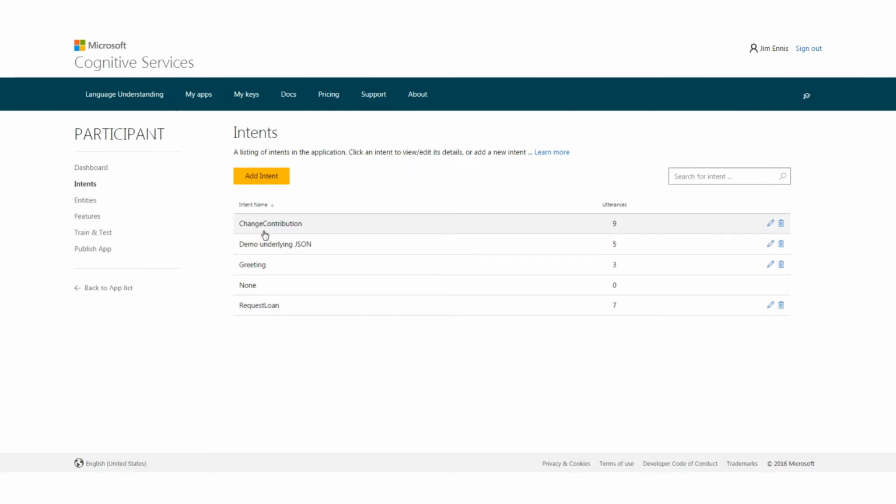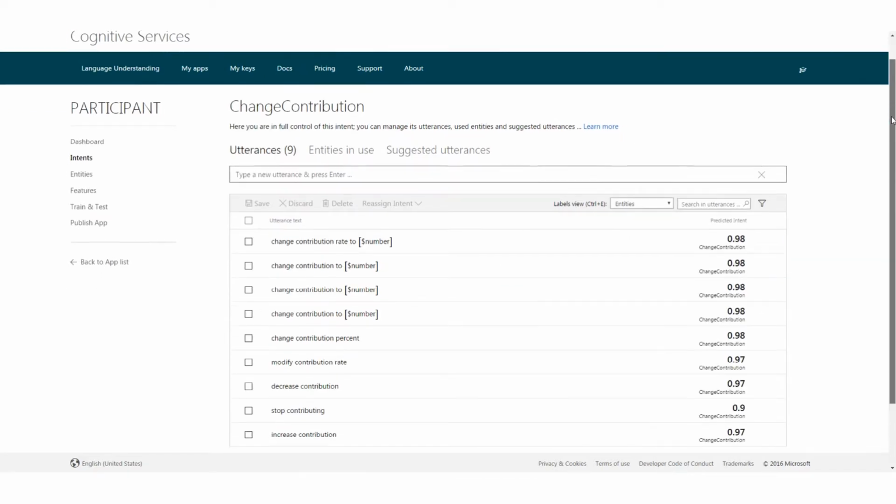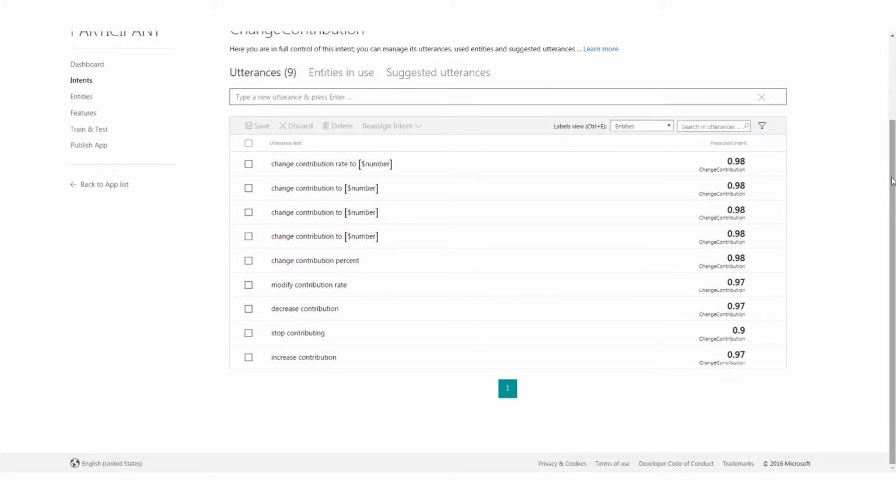You enter them in LUIS, and then you establish what they call utterances with them. So you yourself set up the synonyms. Of course, the language understanding works by itself to some degree, but you yourself can train the understanding to better handle specific synonyms. So for changing contribution rate, I entered all these utterances, as they call them. And when LUIS subsequently understands the user entering this kind of thing, then it'll successfully map a contribution rate change